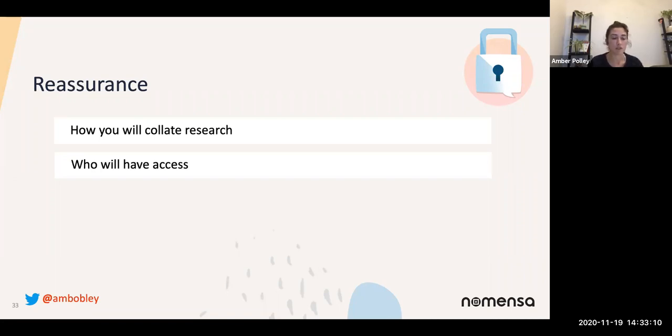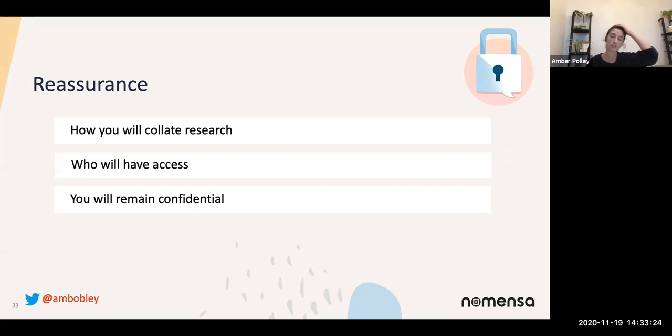So you would need to give the reassurance that only either the client or people they know are going to have access to it. Obviously, everything is going to remain confidential. Absolutely no names or identifying information will be part of your report or will be going out anywhere. You can even offer a summary of your results and email that to them, giving them physical evidence of what's come out of it, who's going to have access to that and who you're going to be reporting that back to. It's all about giving that reassurance.